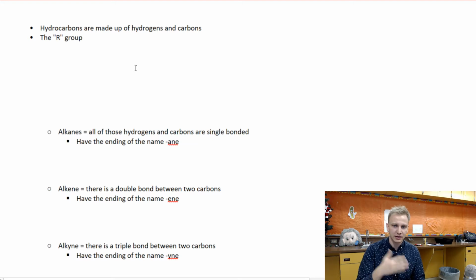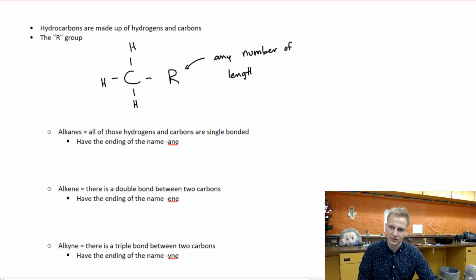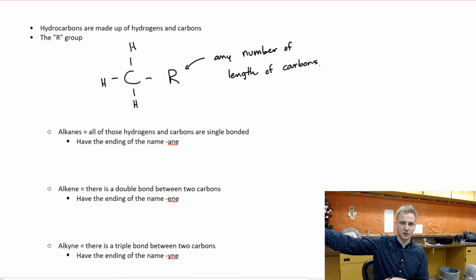Now, something I want to get out of the way before we get into this unit, there will be a lot of cases throughout this entire unit where you see something called the R group. So you'll have some carbon, it'll be bonded to, let's say, a couple different hydrogens. And then you'll see this R group. Now, it's worth noting there's no R on the periodic table. Instead, what this R is saying is that it can be any number or length of carbons. And the idea is saying that it's sort of anything else that goes over on this side of the